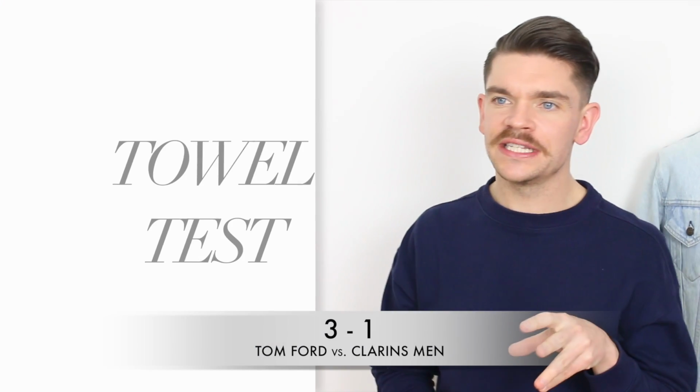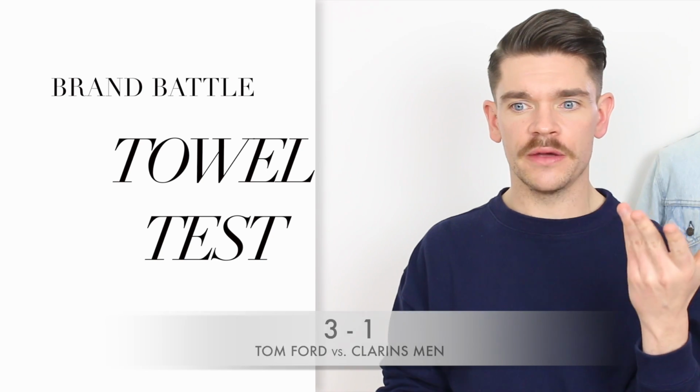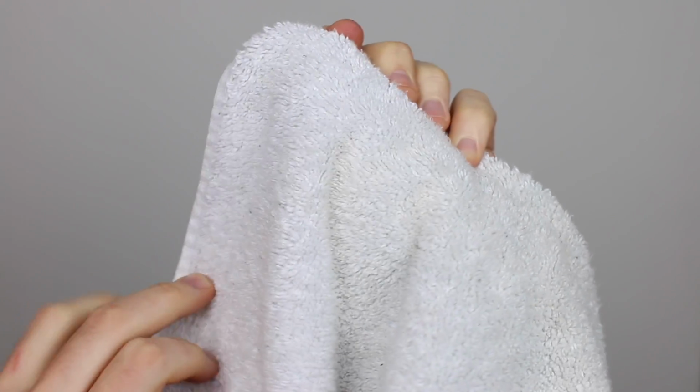I didn't know what to call this next category, so I called it the towel test. Essentially what I was thinking about here was, if you've got a white shirt against your skin, is it gonna come off? Are people gonna notice? And I should say, the Tom Ford one, I properly scrubbed my skin with that towel. And nothing really came off. I mean, the tiniest bits just on the end of the towel, but it was very faint. Versus the Clarins one, which nothing, literally nothing. Maybe the tiniest bit that I can't see came off. So for towel test, the winner is